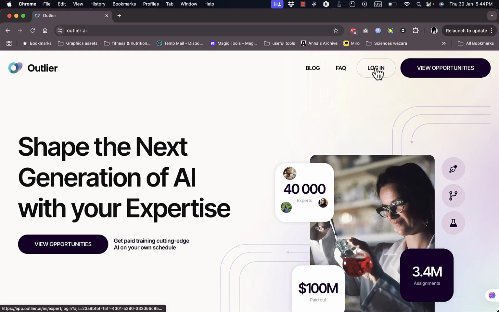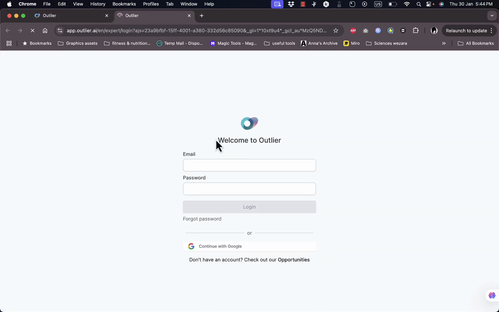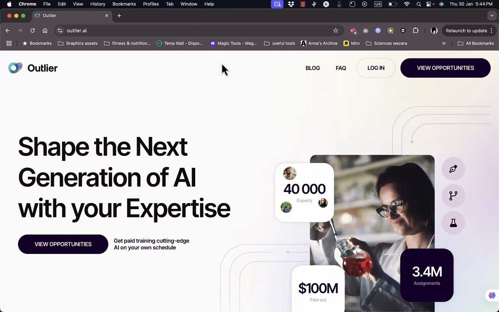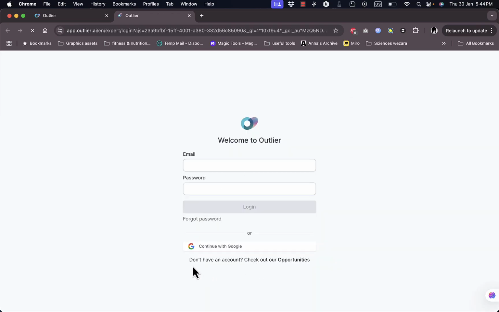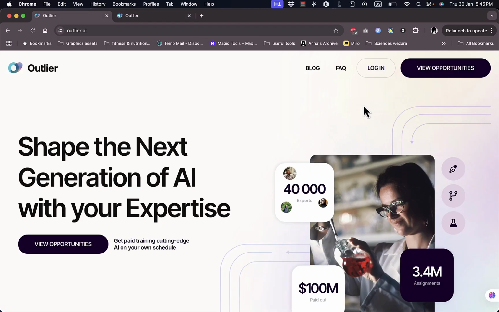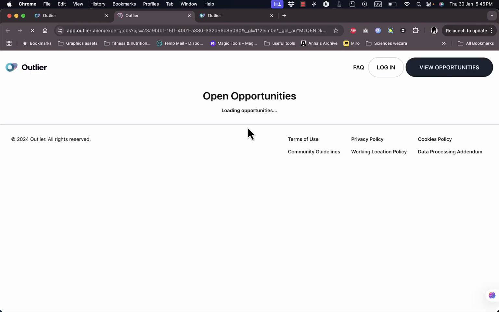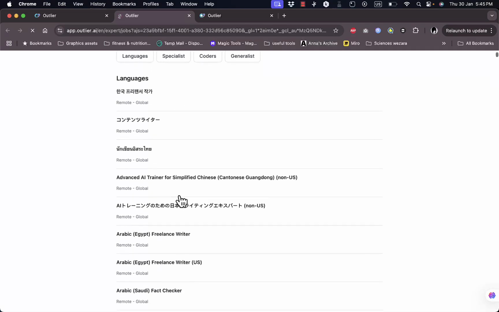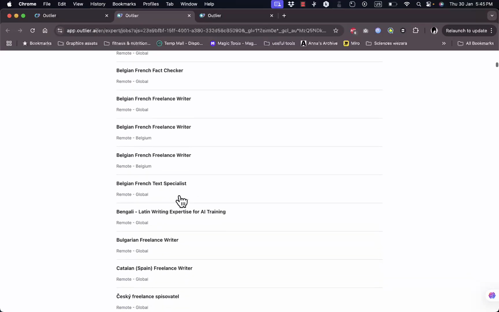If you already have an account, you can click on login here and then enter your information, email and password, or continue with Google if you have done so. However, if you don't have an account, you can check their opportunities from here or from the view opportunities button at the top right on their home screen. So I'm going to click on view opportunities, and here are all the opportunities or tasks that are